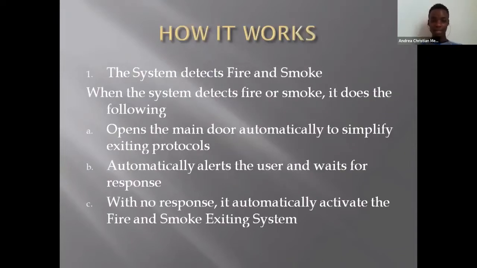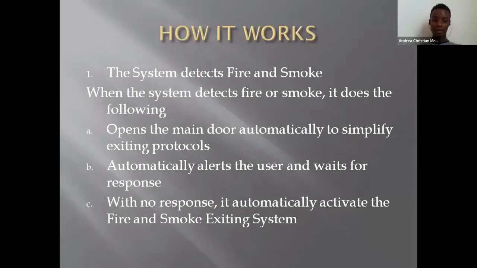So how does it work? The first thing that happens is that the system detects fire and smoke. So when the system detects fire and smoke, it does the following. First, it opens the main door automatically to simplify the exiting protocols, because it happens that mostly when there is a fire incident, the door locks itself, which means people have a hard time exiting from the place. So to avoid that, the system automatically opens the main door,